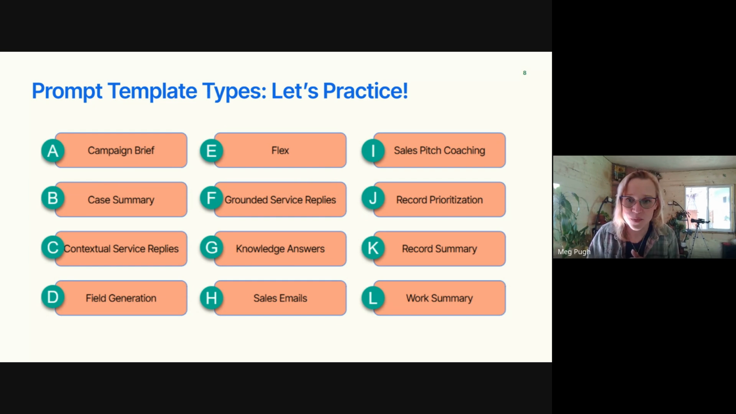All right, last one before I start kind of going in here. Which one of these template types is used in order to update a record or even